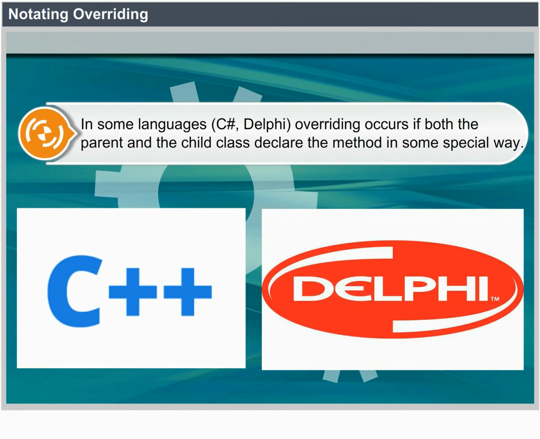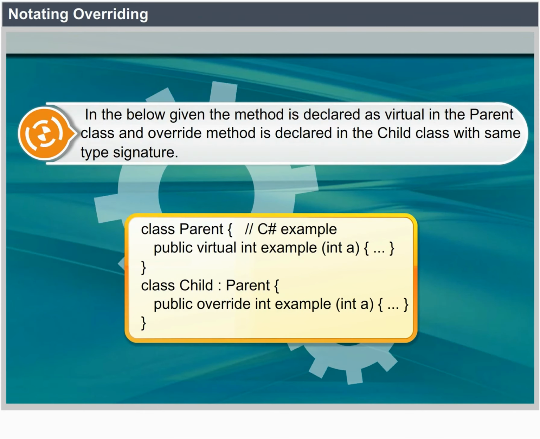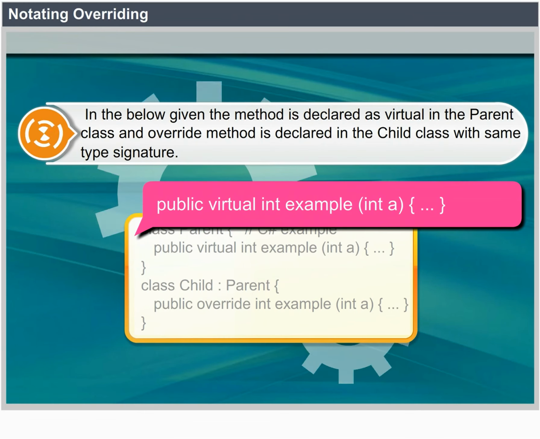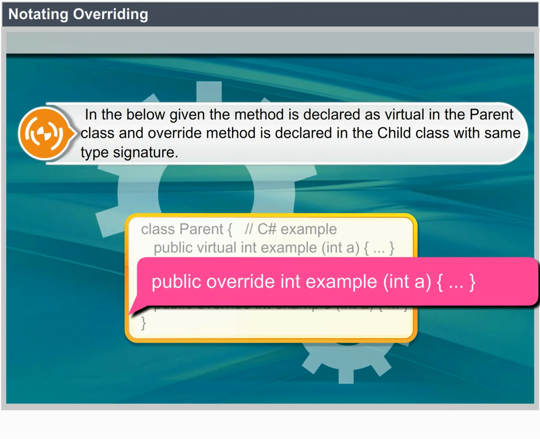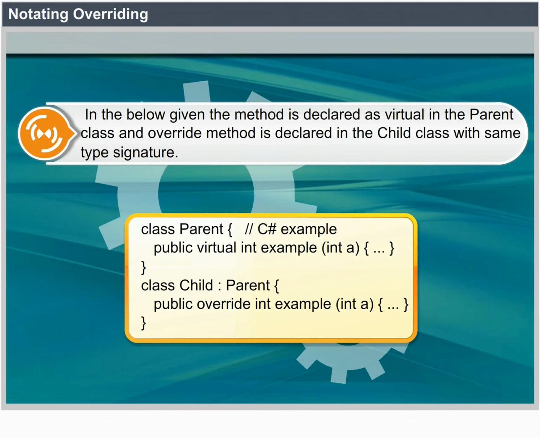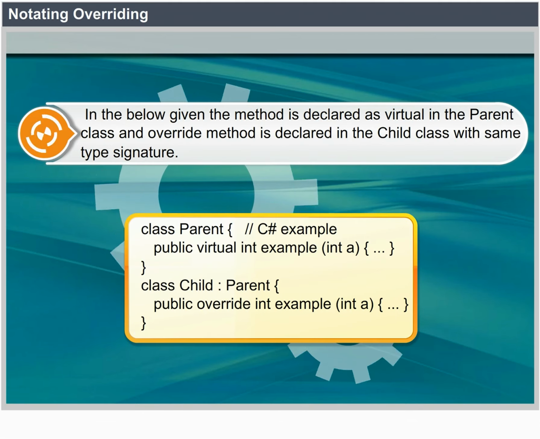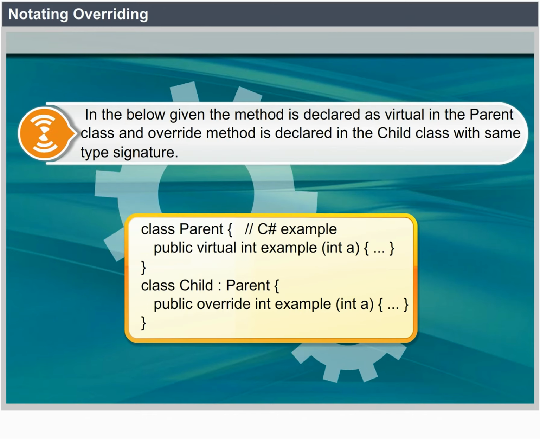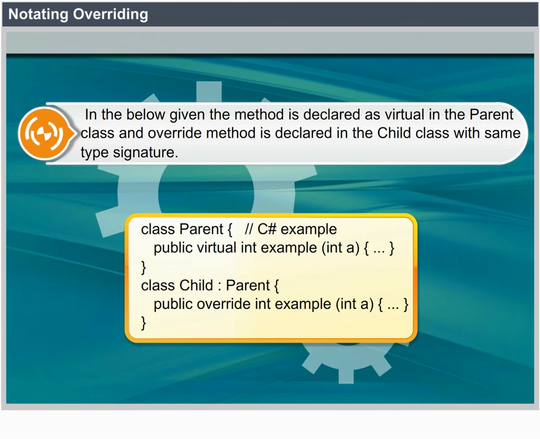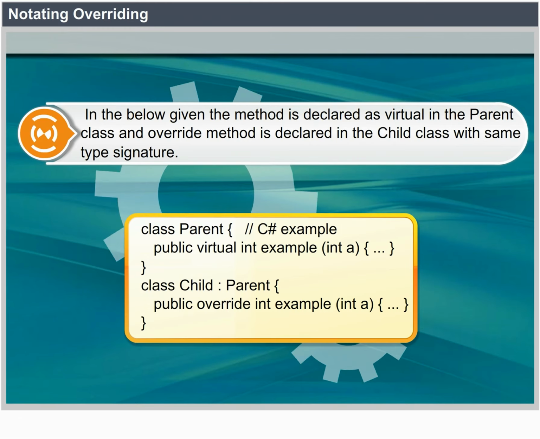In some languages such as C# and Delphi, overriding occurs if both parent and child class declare the method in some special way. In the below given program, the method is declared as virtual in the parent class and the override method is declared in the child class with the same type signature. Class Parent { public virtual int example(int a) } Class Child : Parent { public override int example(int a) }